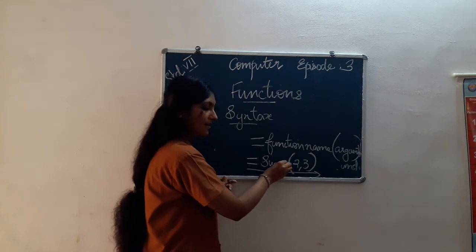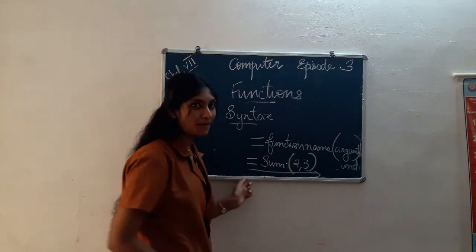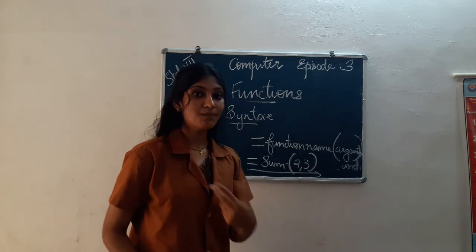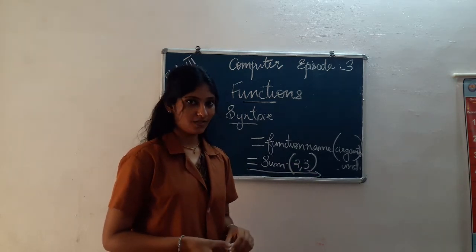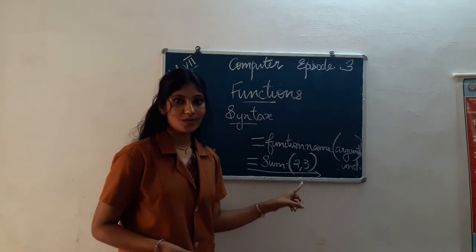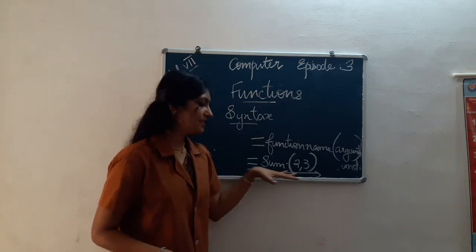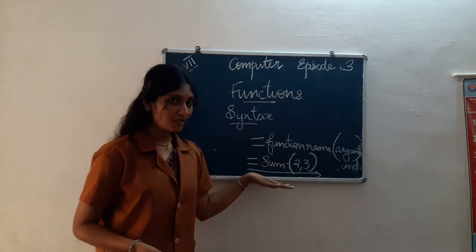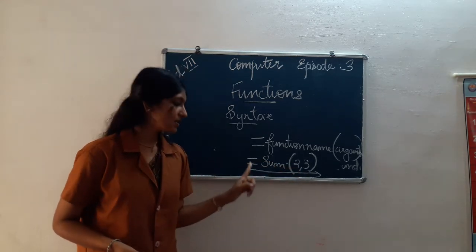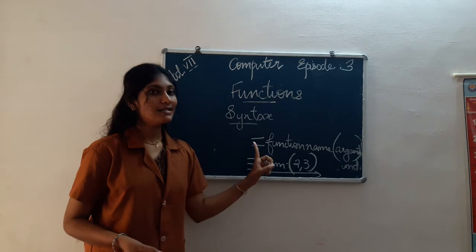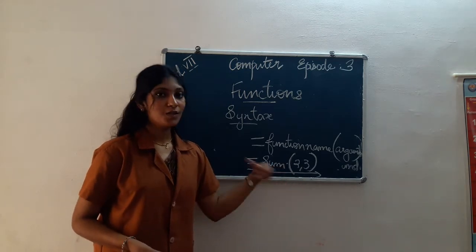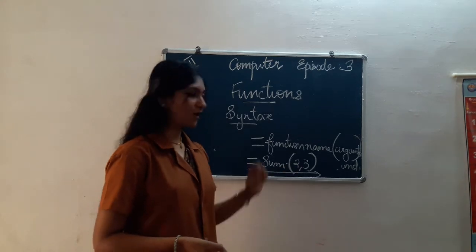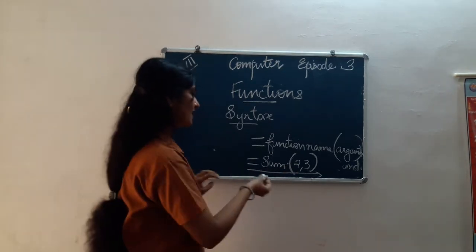There is an open bracket, known as the open parenthesis, and a closed bracket. Within the brackets we can put the values or input values, right? So here the input values are 2 and 3. This indicates that we can calculate the addition of 2 and 3 using equal sum, and within the arguments you have to put the values you want to add: 2, 3, right? So what is the result?